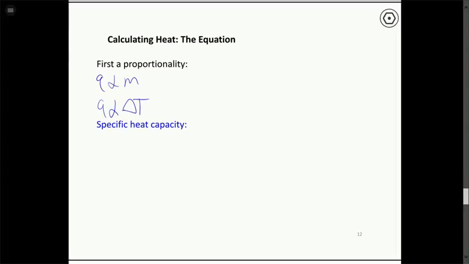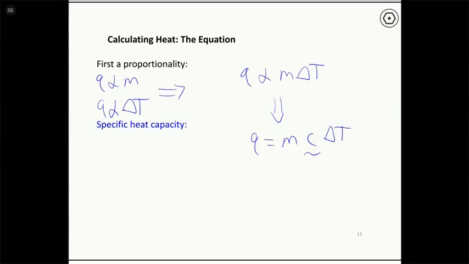So remember that this little sign here, this little alpha, means proportional to. And then the common math trick that we use in chemistry is that heat is proportional to two things. It's proportional to the mass and it's proportional to the change in temperature. So that means heat is also proportional to the product of those two things, mass times the change in temperature. And then if we want to make this an equality, we just have to put a constant in there. So to change a proportionality into an equation, we put Q is equal to the mass times C, this is our constant, times delta T. Okay? So this is the famous heat equation, mC delta T,